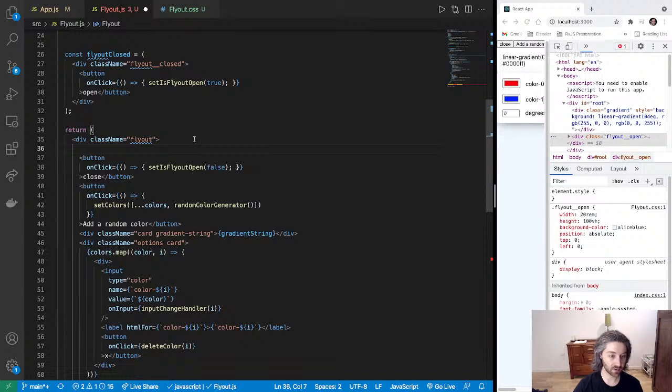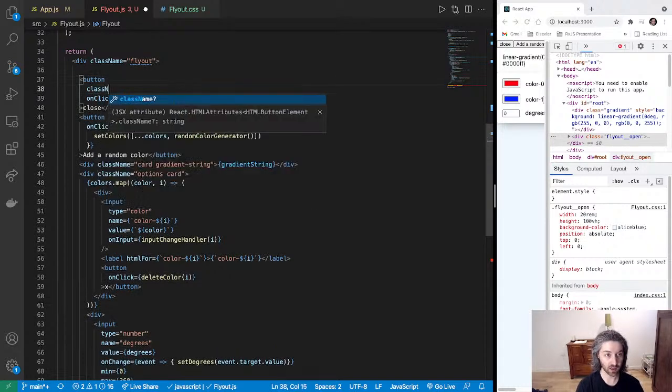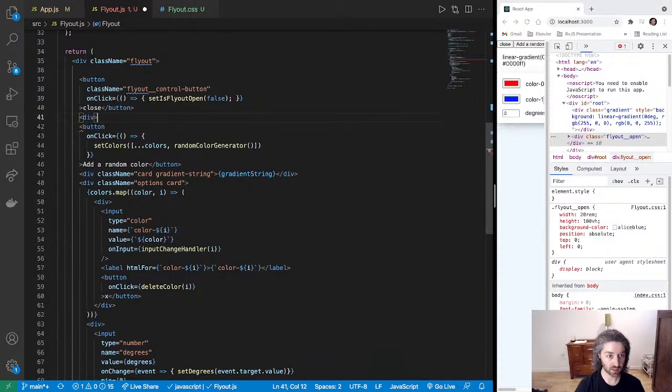And then inside of that, we'll call this the flyout control button. And then these could be in their own div, something like controls,